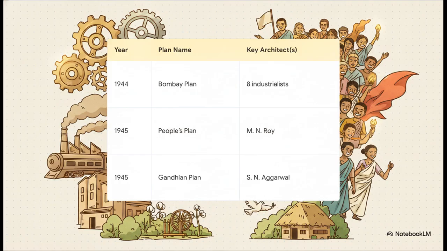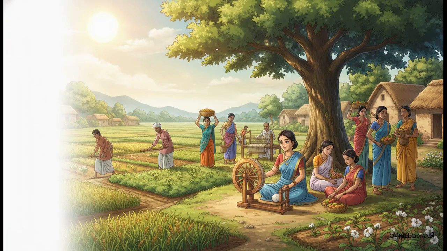Roy drafted the People's Plan, while simultaneously, S.N. Agrawal drafted the Gandhian Plan. Just think about the incredible diversity of thought captured in these 3 distinct approaches, all within a tiny 2-year window. To give you a sense of just how completely different these ideas were, let's zero in on the Gandhian plan